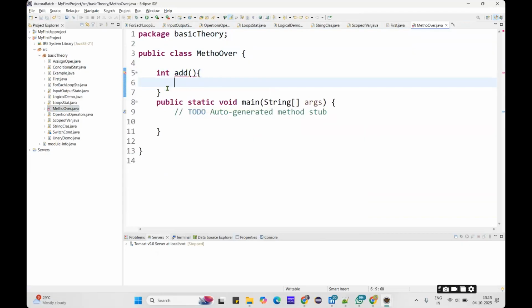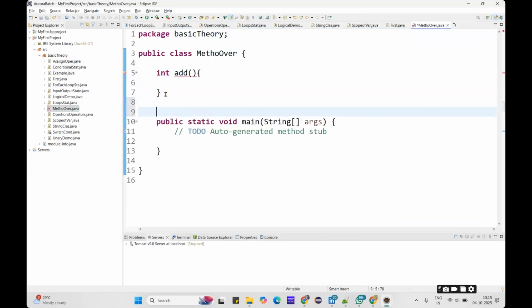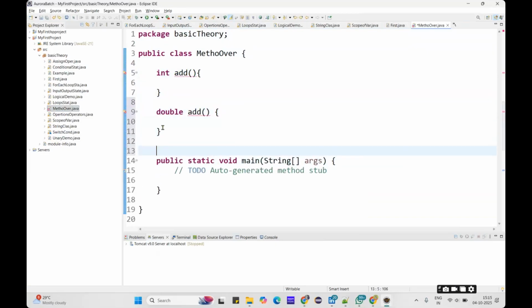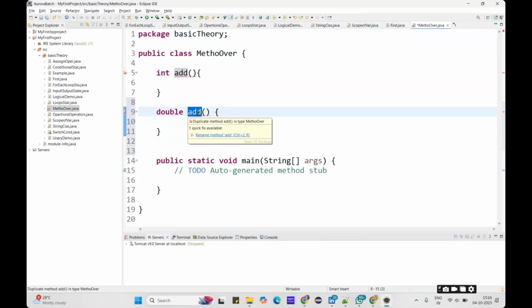I'm taking another double data type and the same add method. So this is another method. Method overloading means the same name. Here I have the method name the same, and here also I have the method name the same, but different parameters